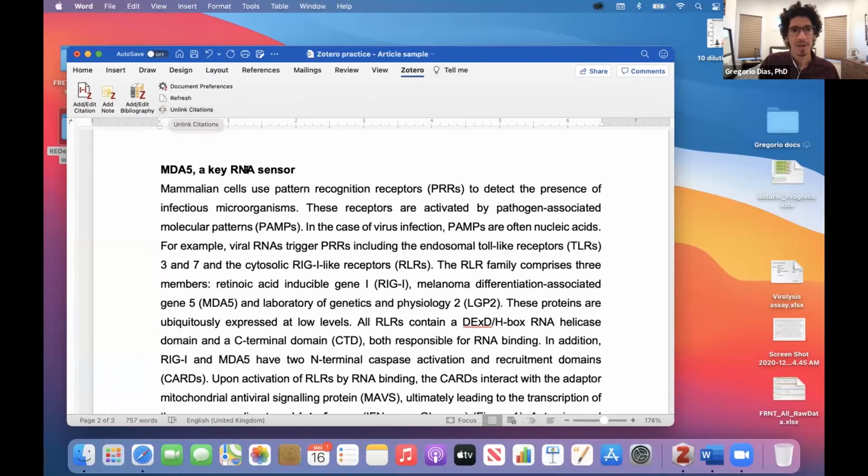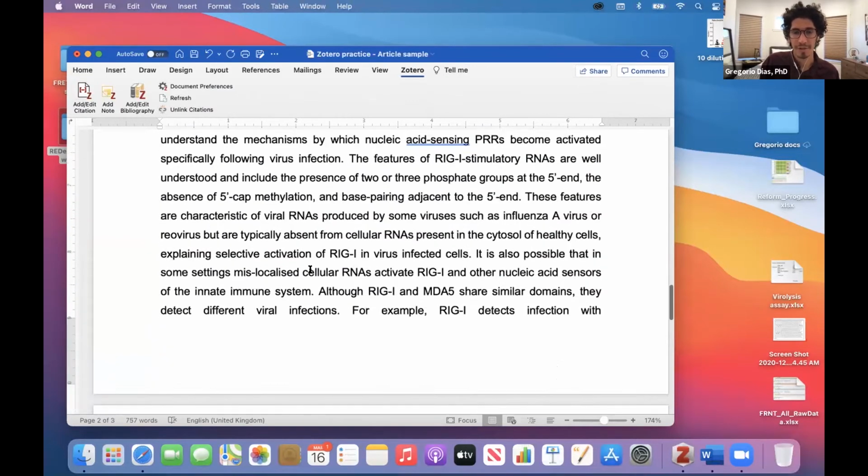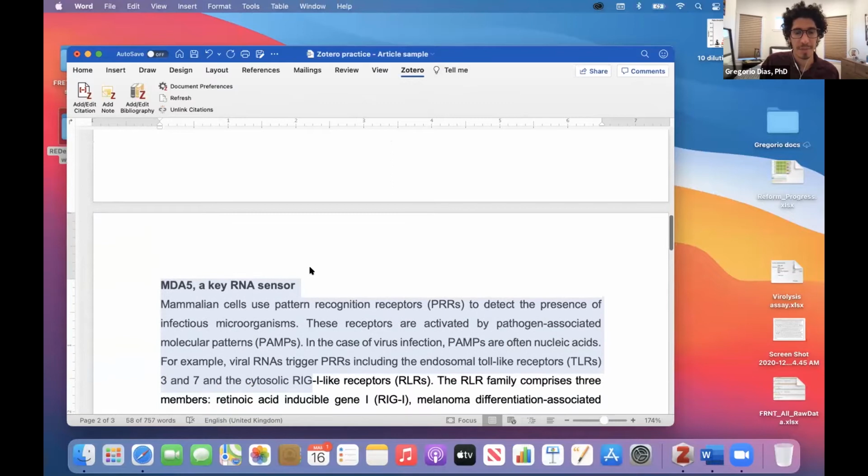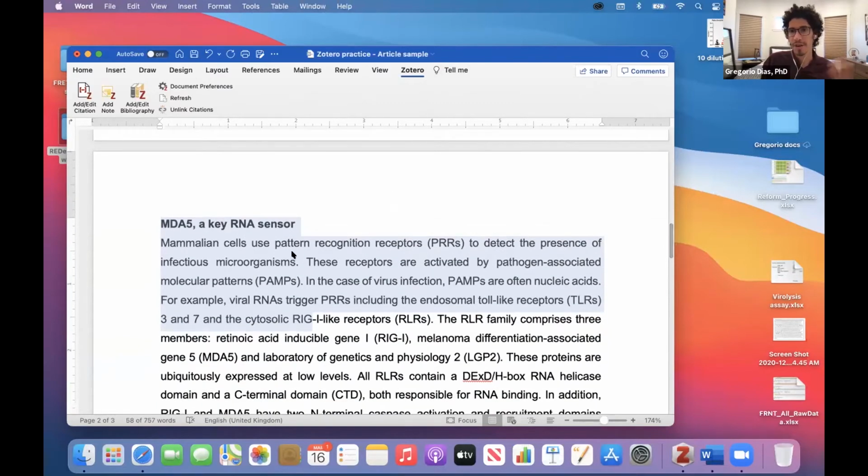your file. For example, here I have written a little introduction for my review paper, from years ago. It's been published, as I mentioned, and I want to find the right place to add my reference. So: mammalian cells use pattern recognition receptors to detect the presence of infectious microorganisms. These receptors are activated by pathogen-associated molecular patterns. And in the case of virus infection, PAMPs are often nucleic acids. So let's say I have a reference for this, and I can come here and add a citation